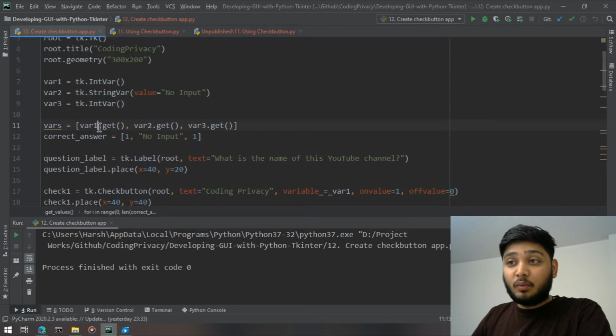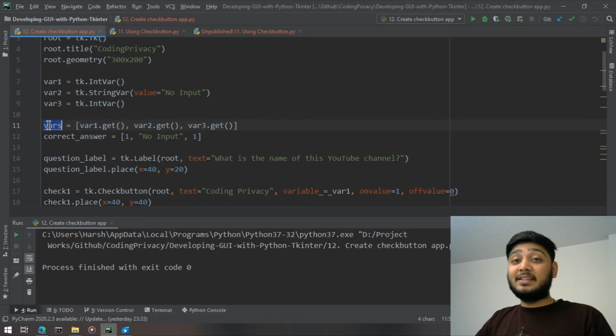So here what I did is I am directly fetching the value, and finally what I'm storing in the list is a string, right? So I'm putting the var1.get, which is the exact value. See, what I want to pass is an object, not the value, because the moment I pass the object, I can get the object's value anytime it's updated.